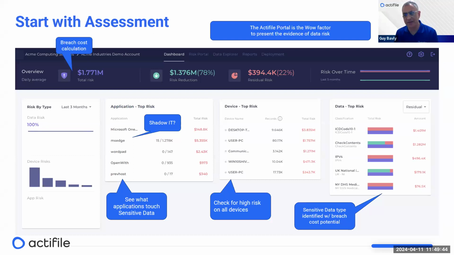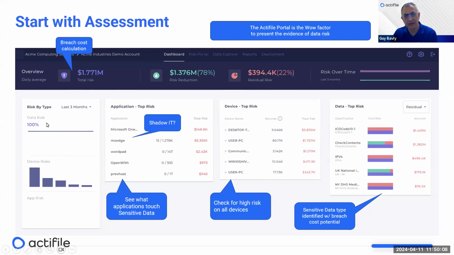So this is how the Actifile UI in our new release looks. You can see here the numbers we talked about, $1.7 million worth of risk. Already reduced is 78%, 1.3 million. There is a residual risk that you want to take care of, or maybe you made a decision that it's under the radar.